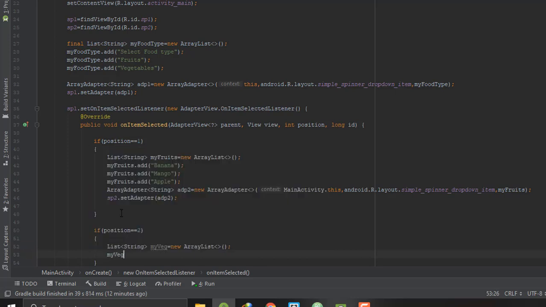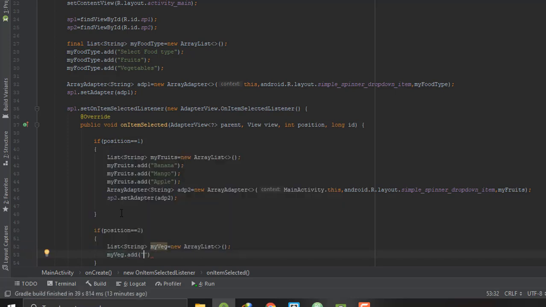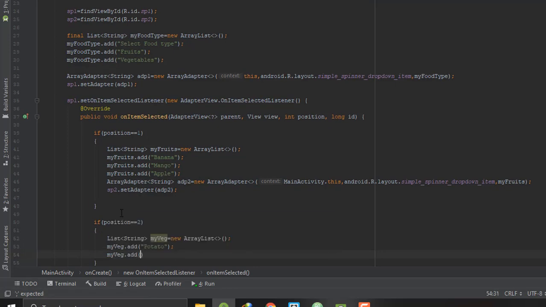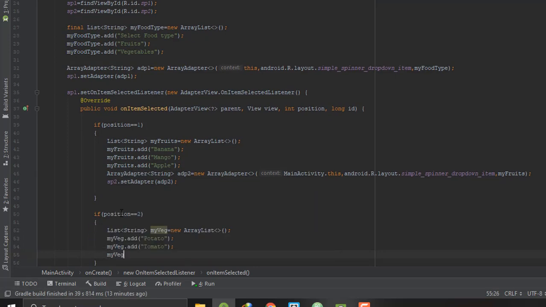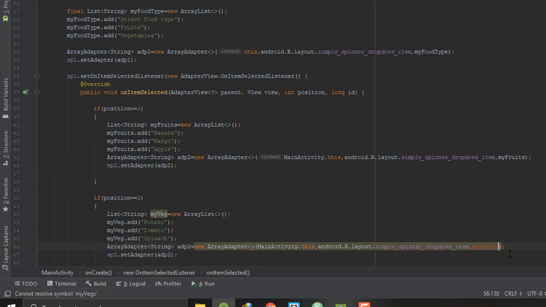Now in my vegetables list, I will add the names of my vegetables. Next again I will copy these lines of code from here and paste them here, and I will just change the name of my list here, which in my case will be my vegetables. So it's perfect now.